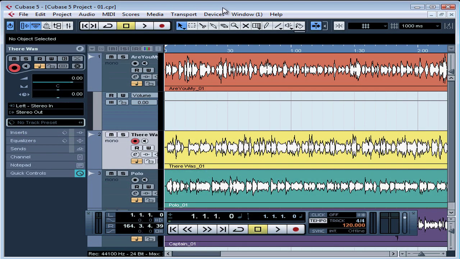Welcome to our lesson about the Cubase 5 project window. This is your main working area in Cubase. In this lesson, we're going to be learning what the areas in the project window do and how to use